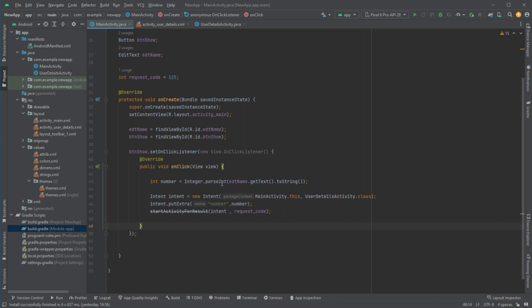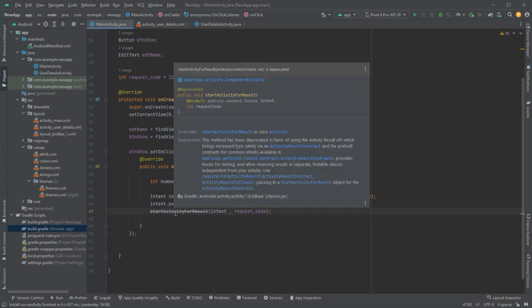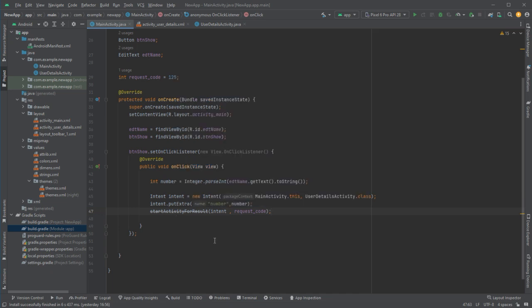So parse int will convert my string to an integer, and I am passing that integer as a number identification into the intent for the user details activity. Now since I have written start activity for result, I need some code to collect the result from the returning activity also, right? So here I will override one method which is